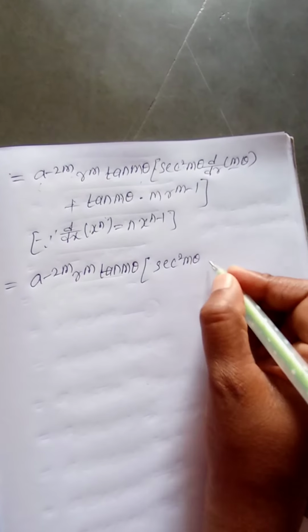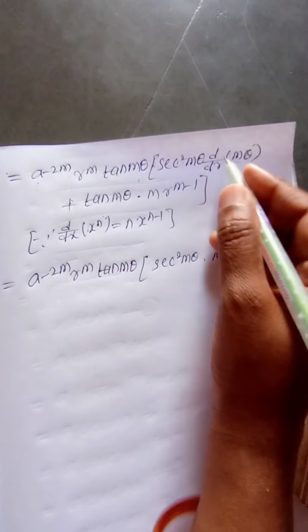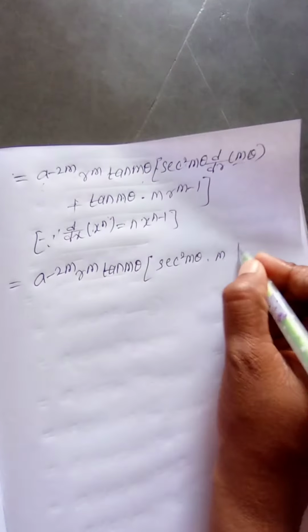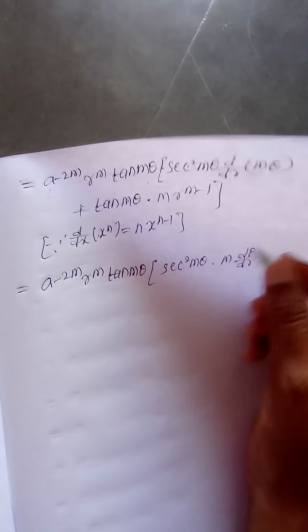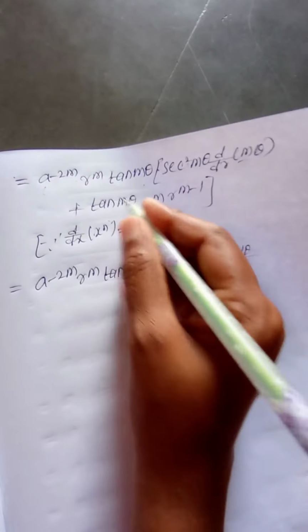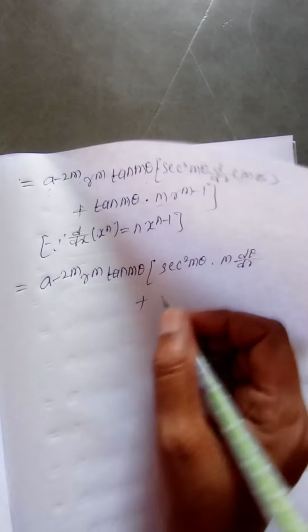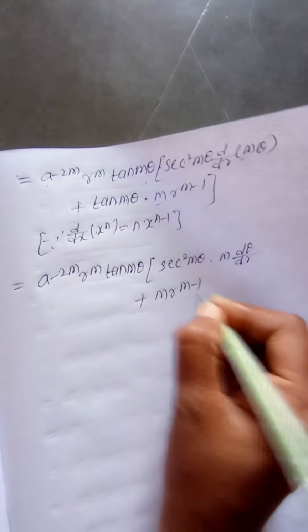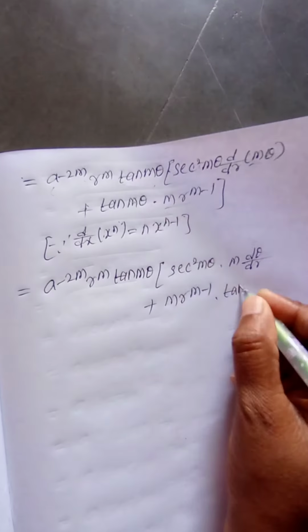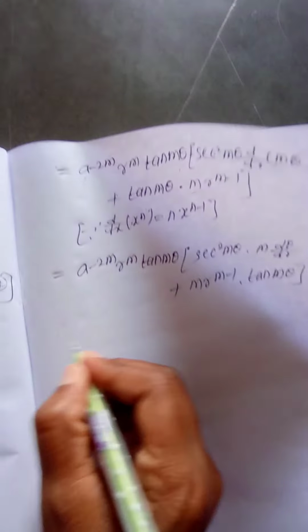Here m is constant, so differentiate theta, so this is d theta by dr plus, here m into r to the power of m minus 1 is constant, tan m theta, that equal to,